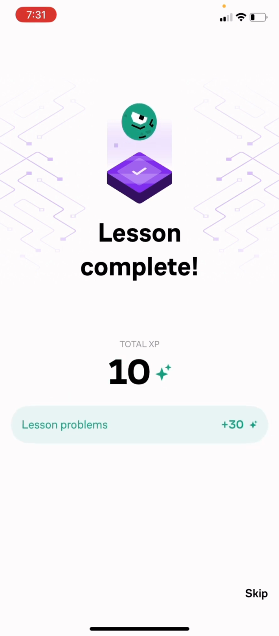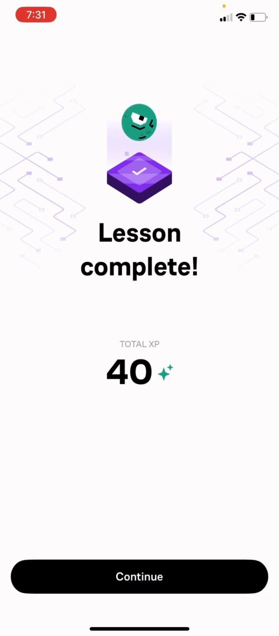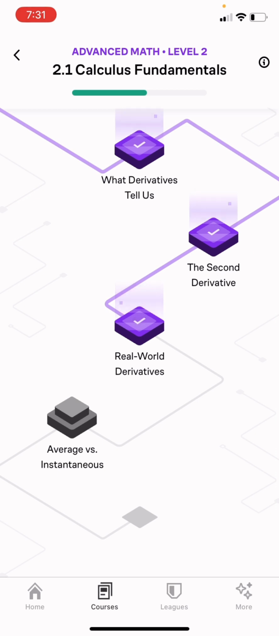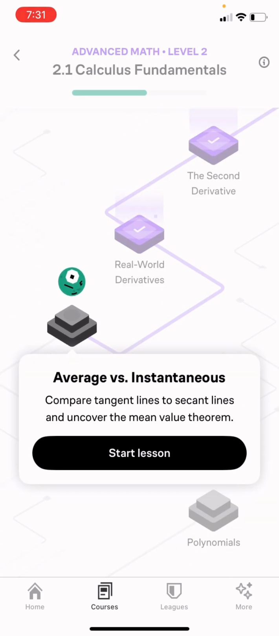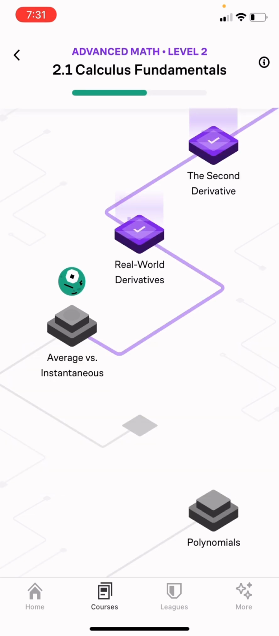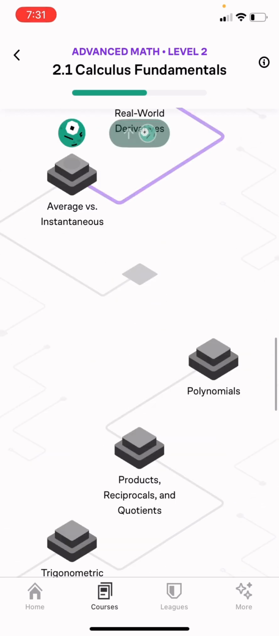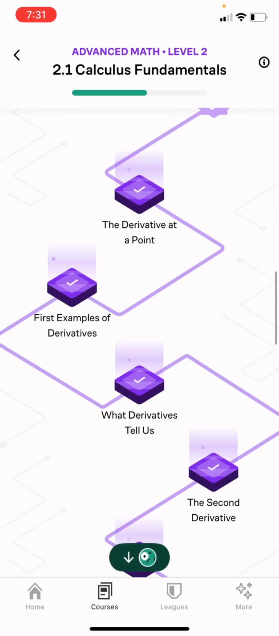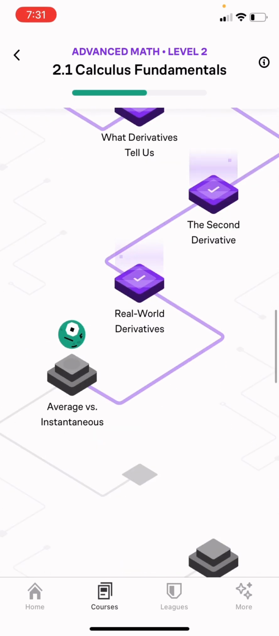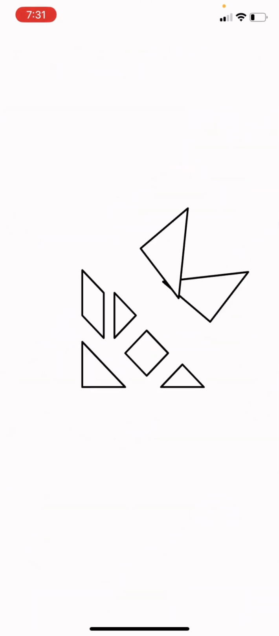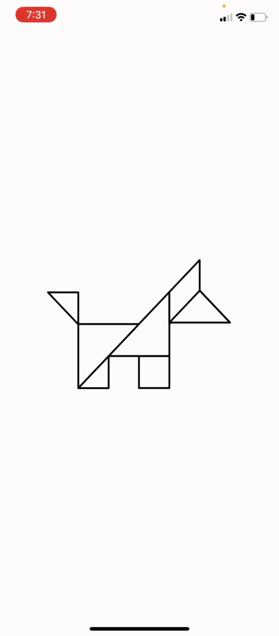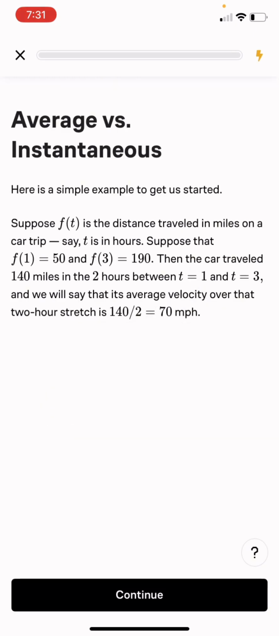Average versus continuous. Here's a simple example to get us started. Suppose function f of t is the distance traveled in miles on a car trip, where t is in hours. Suppose that f(1) equals 50 and f(3) equals 190. Then the car traveled 140 miles in 2 hours between t equals 1 and t equals 3. And we will say that its average velocity over that 2 hour stretch is 140 divided by 2, or just